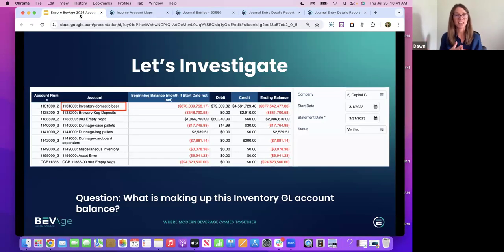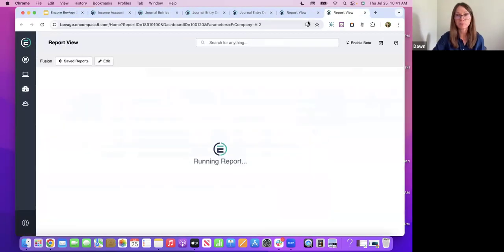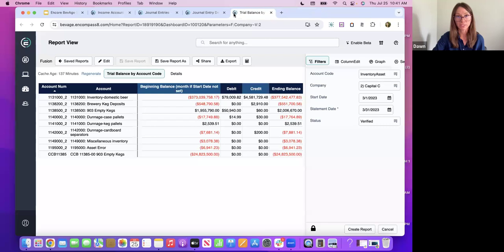One more example to investigate here. Let's investigate this specific account that I've pulled up on my trial balance. So I'm going to go ahead and pull up my trial balance report here. I'm going to close some of the other tabs that I have up. My example here, I want to look at this inventory domestic beer and look at the dollar amount that's in